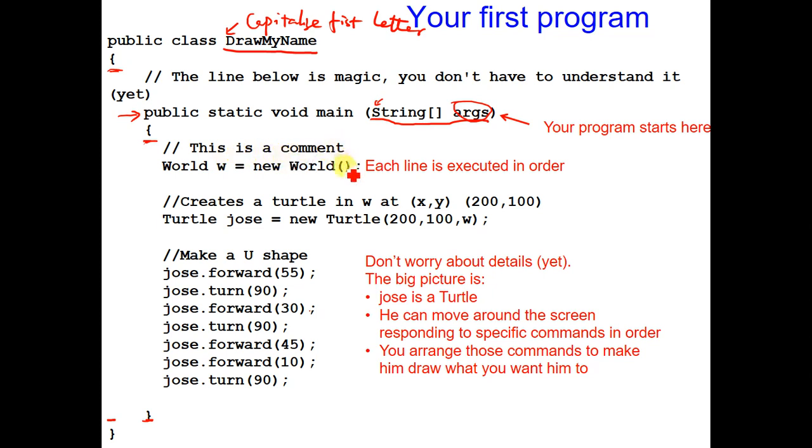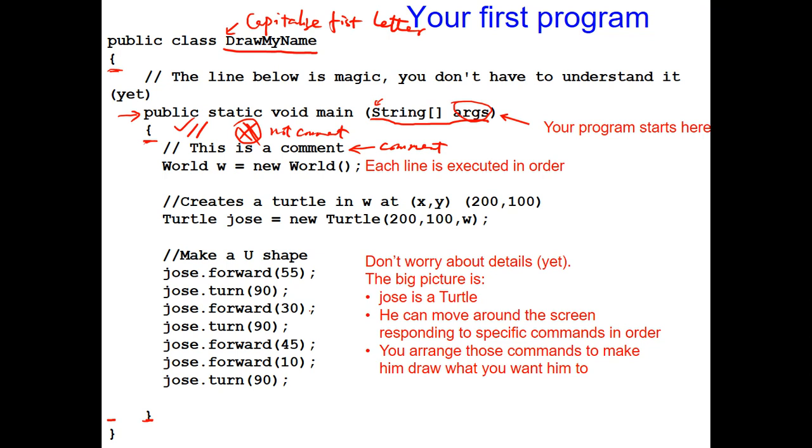If you look at the first line in your code, this is a comment. In other words, a comment is something that is not part of your program per se, but it is used for you to understand what you are trying to do. Basically, it's like notes for yourself, and also notes for your collaborators. It starts with two forward slashes. It goes this way, not the other way. This is not a comment. This is wrong. This is the correct way to start a comment.